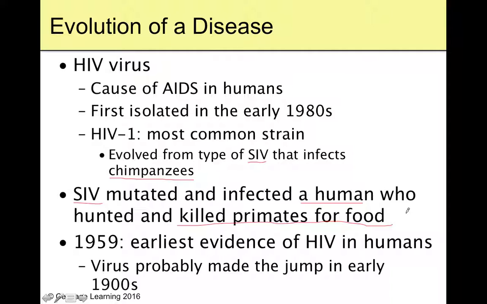Now, you and I are not very close to deer or fish, and so the likelihood of a virus existing in deer that would be readily attaching to our cells is not very likely, but we share a lot of DNA with primates, and so a virus jumping from a chimp to a human is doable. And sure enough, that's really what we think it did. In 1959, we get our earliest evidence of HIV in humans. Doesn't mean it wasn't around earlier, just means that's when we see it.